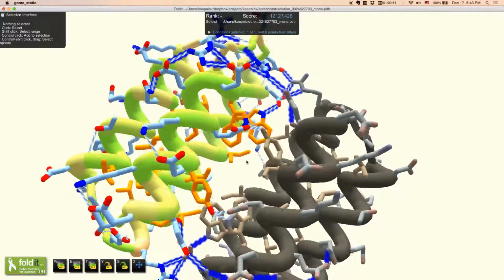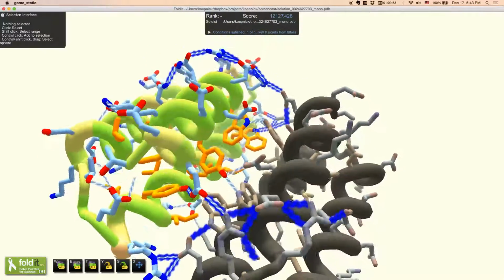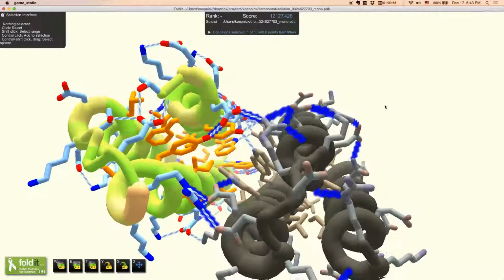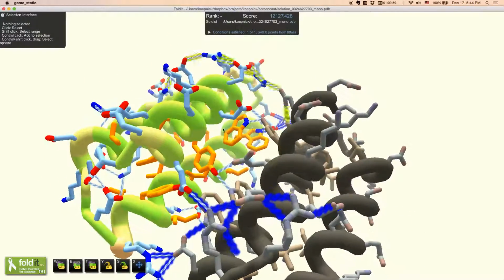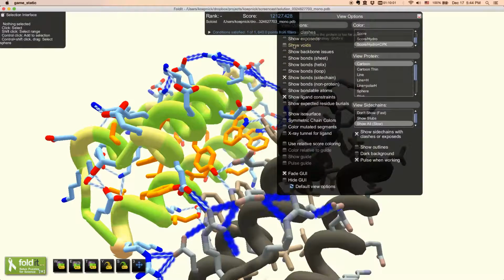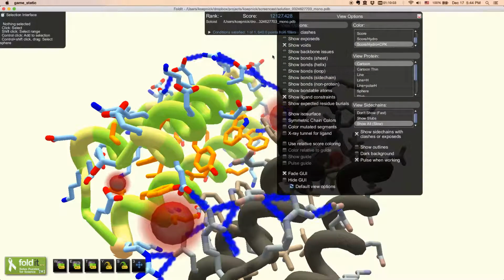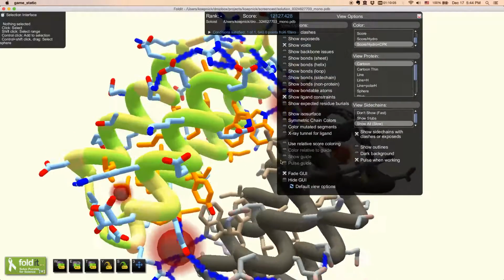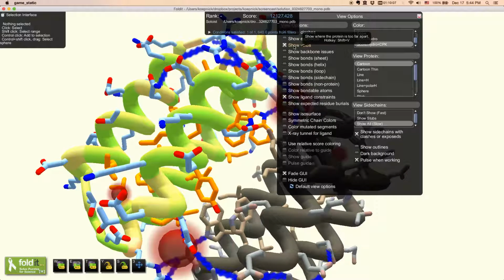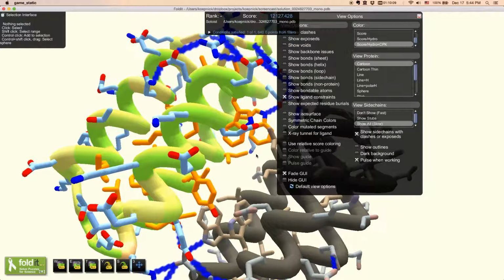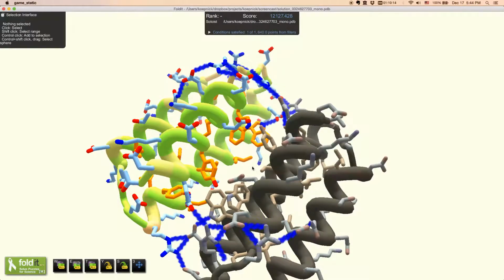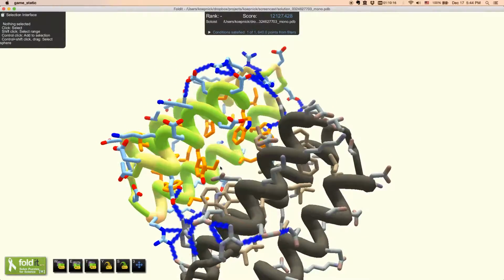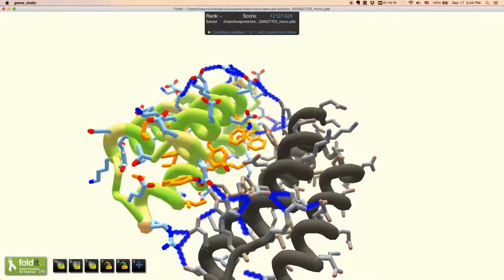So that's really nice. The only tiny problem that I have with this structure is that I think there's a bit of a void in the middle. I think there's some empty space. Ooh, it doesn't even show up in voids. It's too bad. But the center of this protein looks a little bit underpacked to me, and it's not too bad.